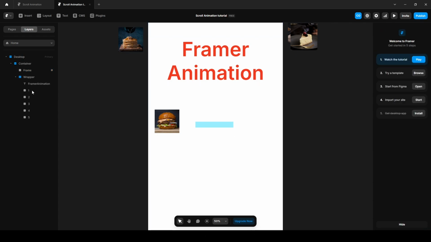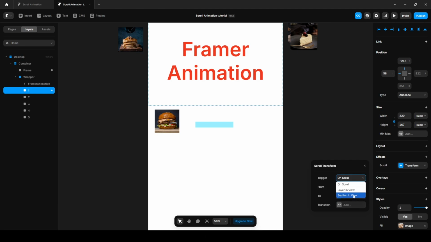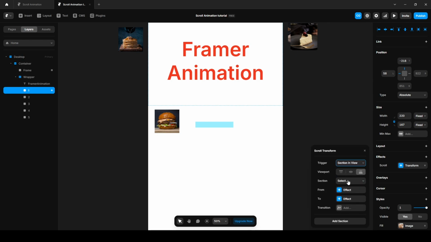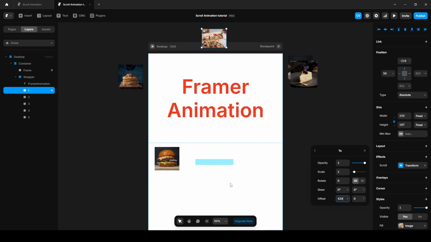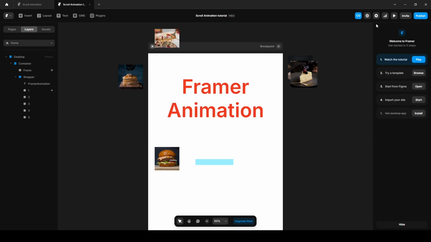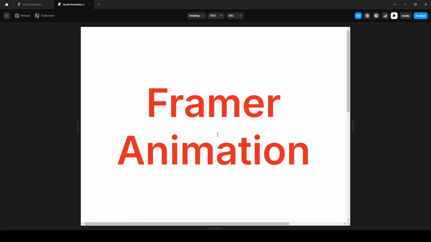Now click this image 1, effect, scroll transform, section and view. Leave the viewport like this. Select the section scroll, click the form and change the opacity to 1, scale 1. Now go to the 2 and change the offset X to 420. I think it's in the middle, and change the offset Y to 500, I guess. Now let's see. It's working, as you can see,